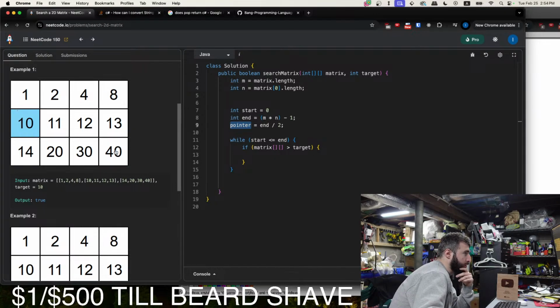So this is 12. 12 divided by 2 is 6. So 0, 1, 2, 0, 1, 2, 3, 4, 5, 6. So how do we turn 6 into 1, 0, 1, 2, 1 to 1, 2?